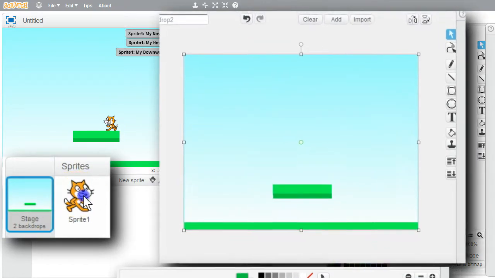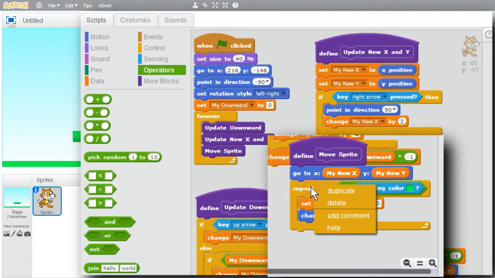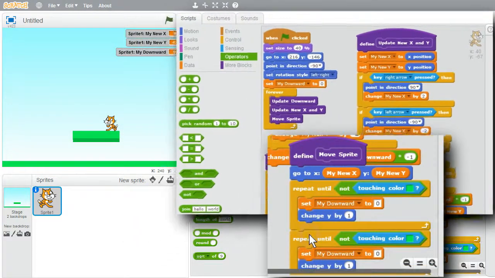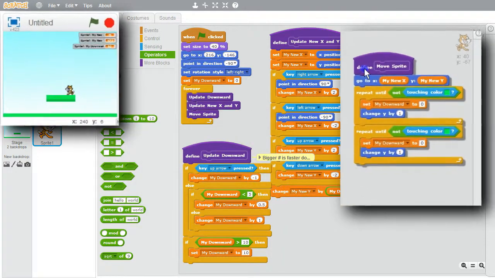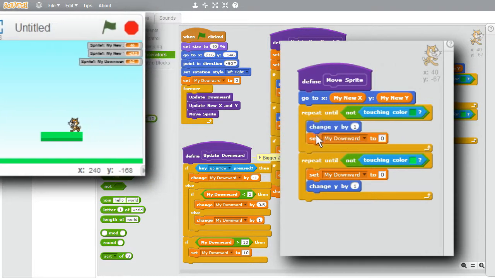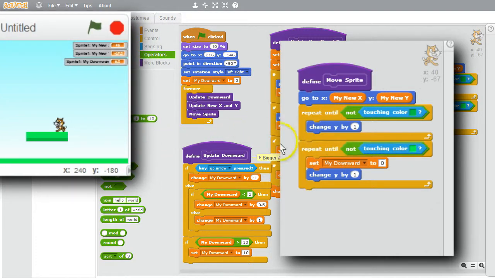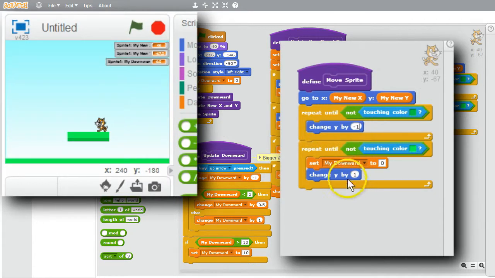I'll go back to the cat, scripts. I'll duplicate this repeat until. I need more room. I'll shrink the stage. Move sprite up here. I'll change this loop, have it select the darker green. This shouldn't change my downward. I'll get that out. But it does need to change my y downward, -1. So the cat moves down, smaller y values, and drops down below the platform it's under, where its head is